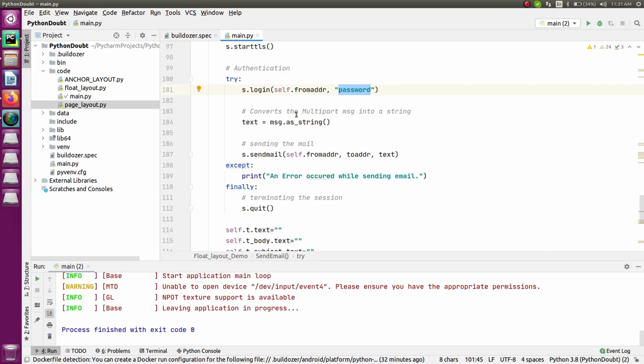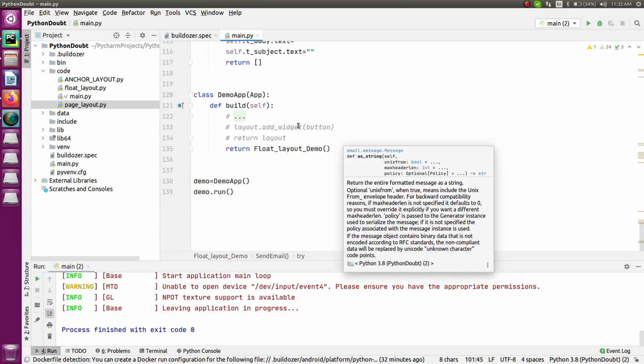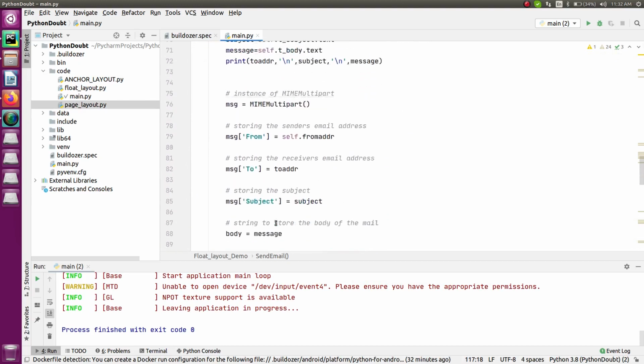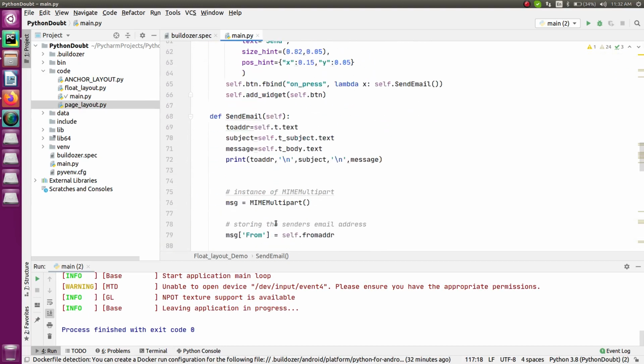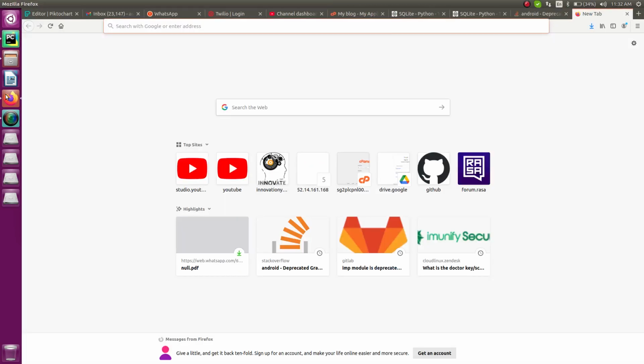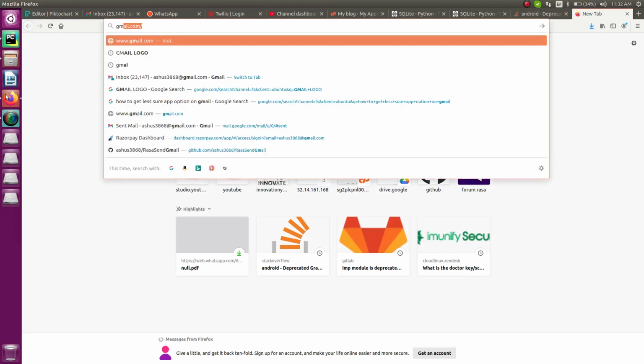And after that, before running the program, or let's say before executing this function, what you have to do is first go to your Gmail account so that you can make the modifications as per that, right? So let me show you where you have to do the modifications. For that, go in here, go to Gmail.